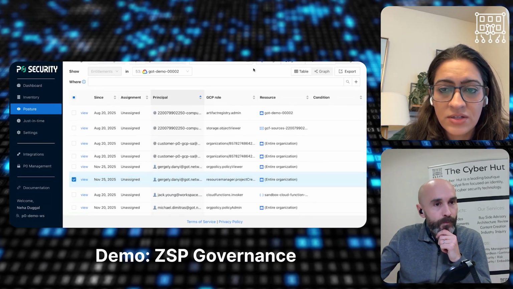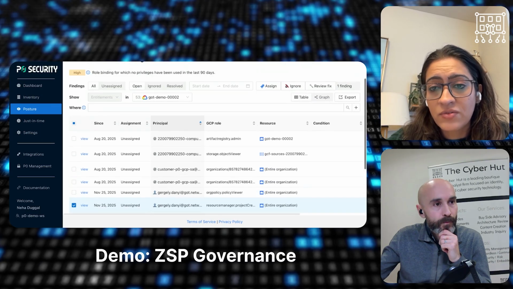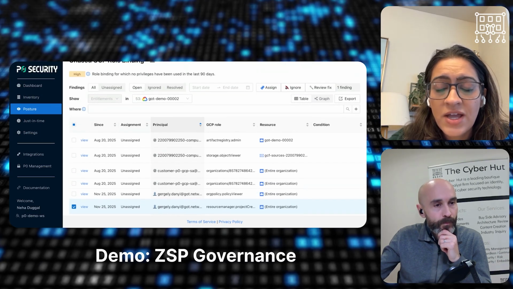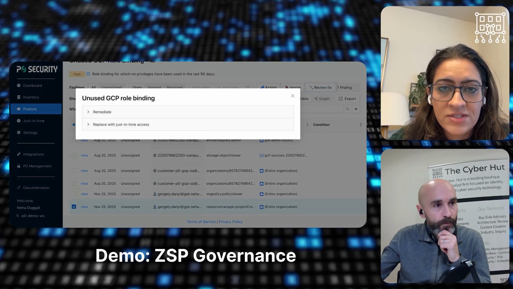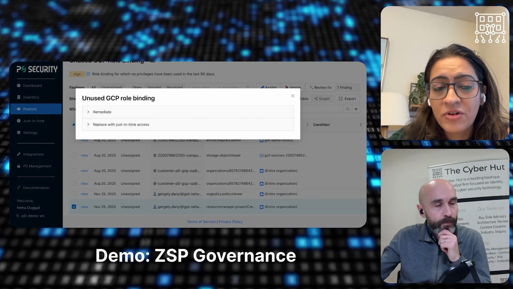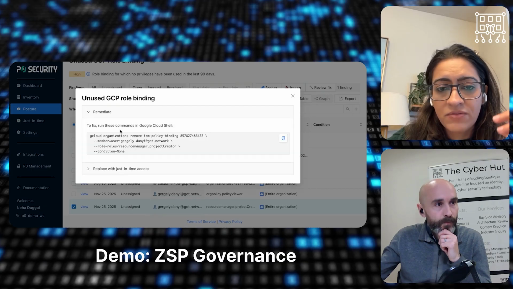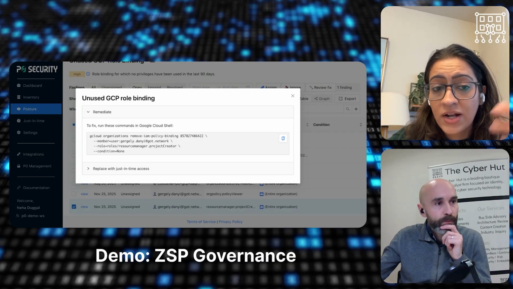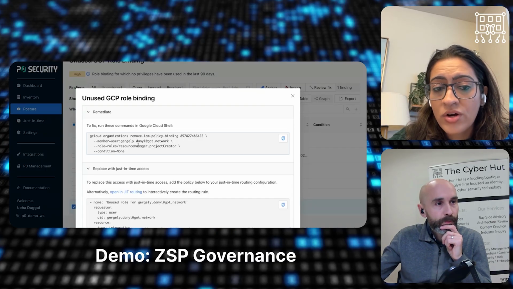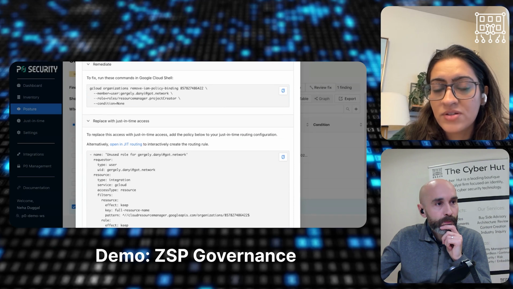So as you can see here, it's very simple. Again, you see a bunch of different findings where we can see standing privileges, and then you can go and sort of fix this or completely eliminate standing privileges. And here there's a couple of paths forward. One is immediately clean up in your environment, very easy to use instructions that customers can then just go and clean up this standing access, or replace these with just-in-time policies. So completely eliminating that standing privileges.